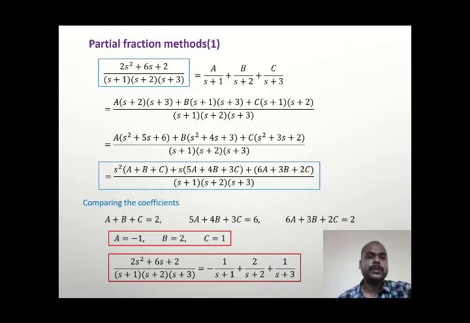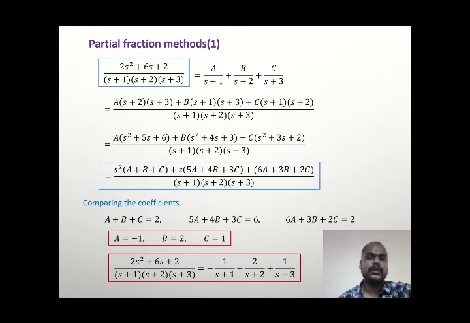So we have to separate these in the form where each part is solvable with the help of inverse Laplace equation. If we are able to do that, then we can obtain something like a/(s+1) + b/(s+2) + c/(s+3), and then you take the Laplace inverse and